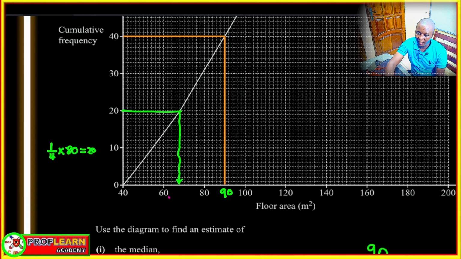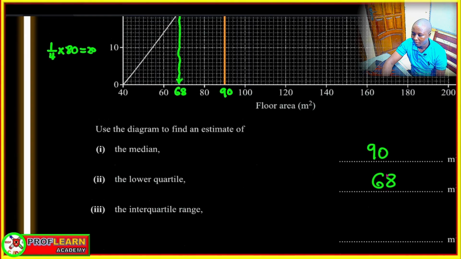If you read it keenly, I want you to understand the scale that is used here. If you look at it keenly, you realize that this value is approximately 68. So that is the lower quartile. But now when it comes to working out the interquartile range, you